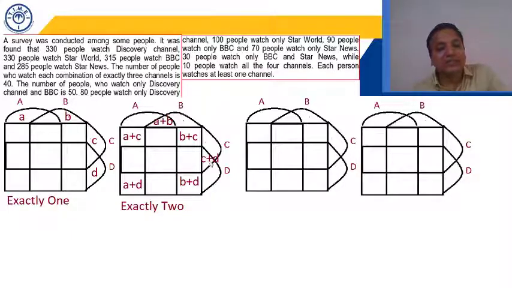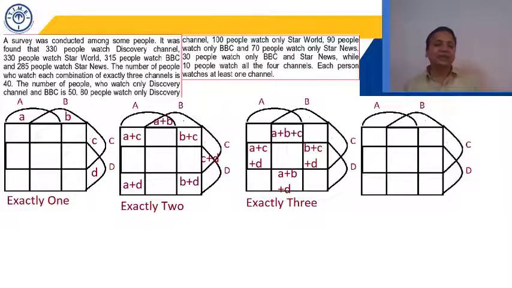Now here C plus D is written. C plus D means those who are coming under C and D. So they are reading exactly 2 newspapers, newspaper C plus newspaper D. B plus C means exactly 2 newspapers, newspaper B and newspaper C. Now in which box is B plus C written? This box is outside A, so they do not read A, and outside D, so they do not read D.